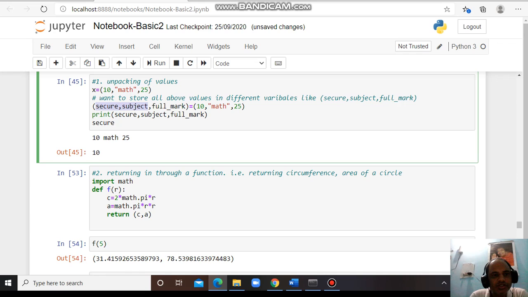We just have to mention these three variables in brackets, and assign the tuple to them with an equal sign. Then score has been assigned 10, subject has been assigned math, and full mark has been assigned 25. For example, what is my score? The subject is math and the full mark was 25, and the achievement is 10,